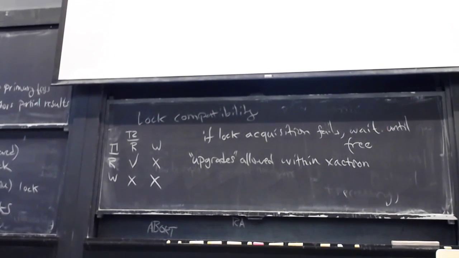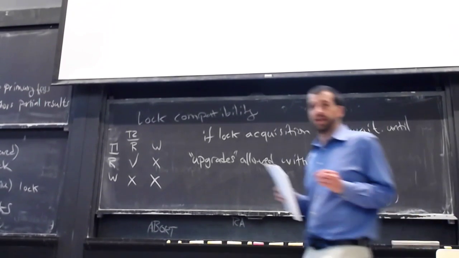Now it's possible that some other transaction can sneak in and make some modification to B while we're making this modification to A, and then when we try to modify B, we won't be able to get the lock on it, and we'll have to wait for that transaction. And there's an even worse situation in which that other transaction might have then gone on and tried to get a lock on A. So we're holding a lock on A, and it's holding a lock on B, and then we've got a deadlock, and we're going to have to figure out how to deal with that. But this protocol is prone to deadlocks, but it is sufficient to guarantee that we'll end up with a conflict serializable schedule in the end.